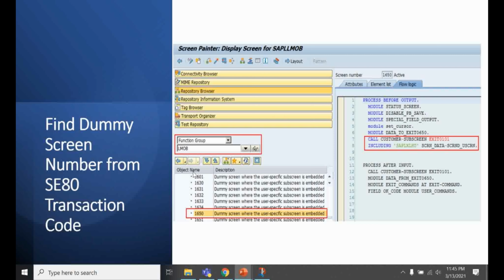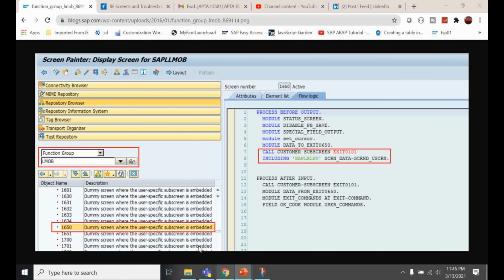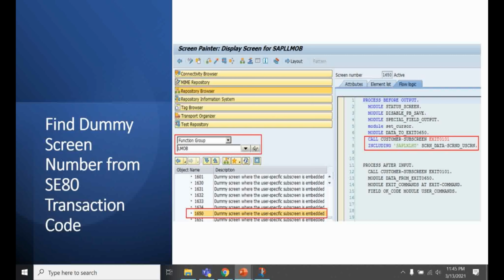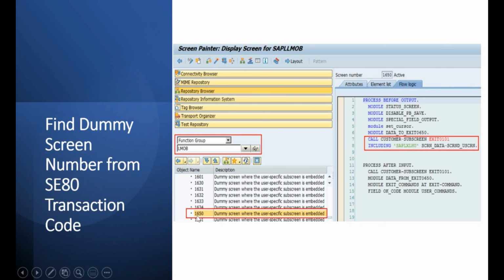Here we have to identify which one is the dummy screen for the logical screen. As I said before, we can identify the dummy screen using the logical screen number preceded by 1. Here the dummy screen number is 1650 because the logical screen number is 650.